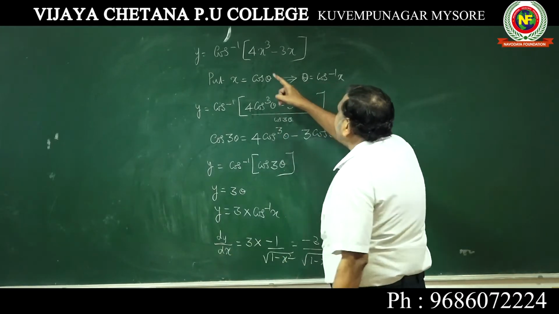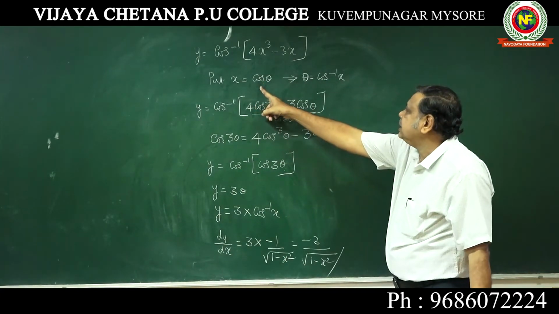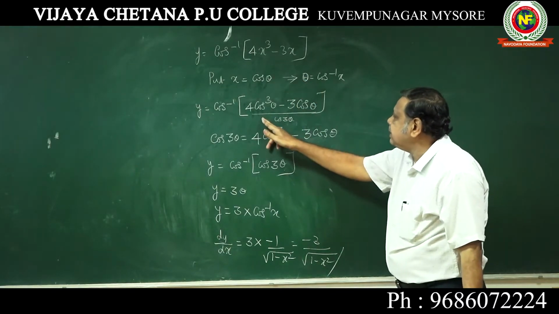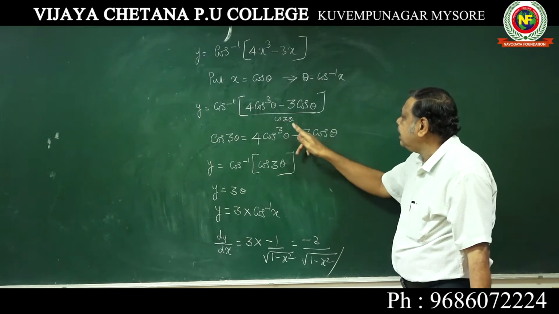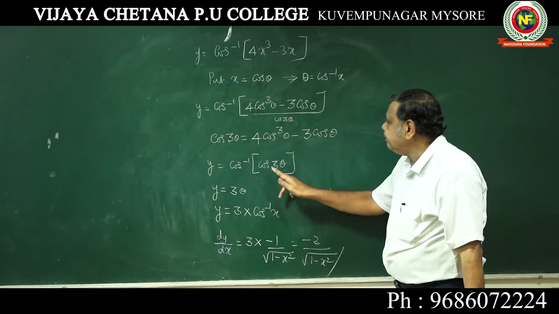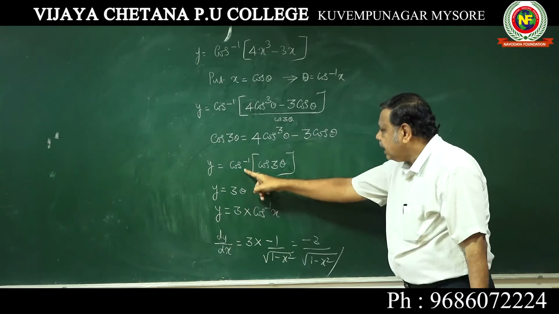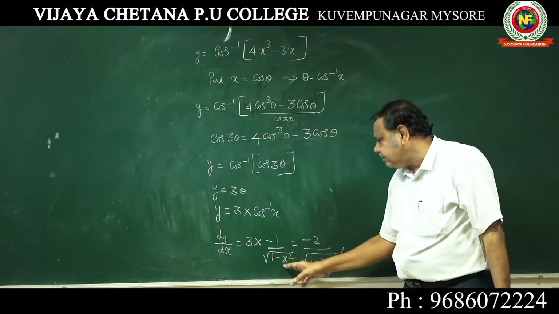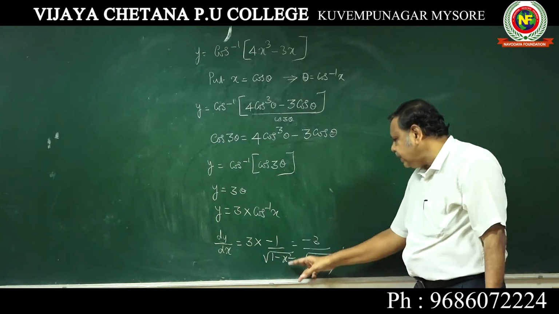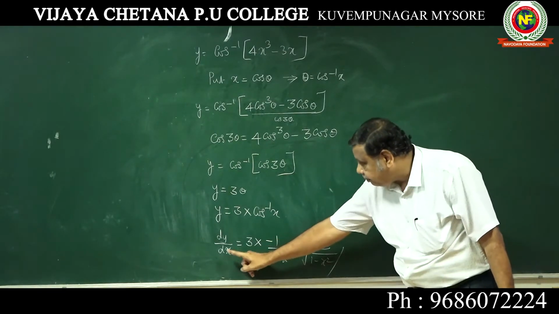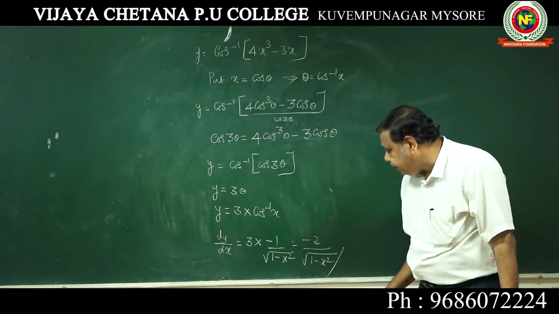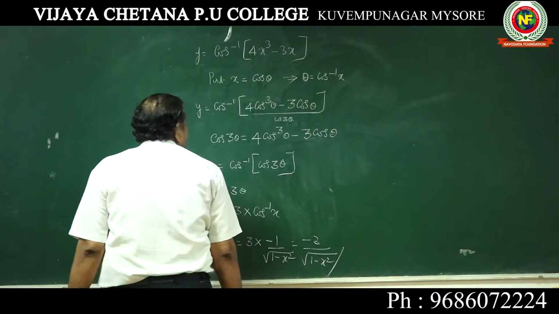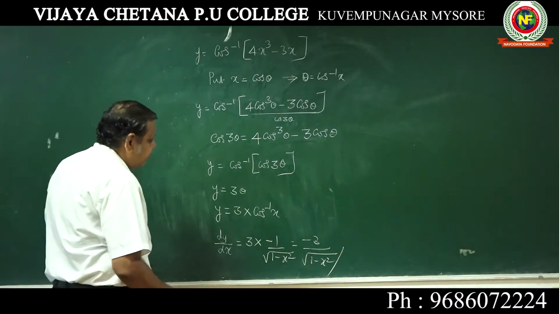Again, I'll say, don't put x equal to tan theta; put x equal to cos theta, so theta is equal to cos inverse x. When you put x equal to cos theta, 4 cos cube theta minus 3 cos theta is nothing but cos 3 theta. So using the formula, cos inverse of cos 3 theta is 3 theta, that is 3 cos inverse x. Now you differentiate: 3 into minus 1 over root of 1 minus x square. Here we should write dy by dx, till such time we should write y. The answer is minus 3 by root of 1 minus x square. We will take one more problem.